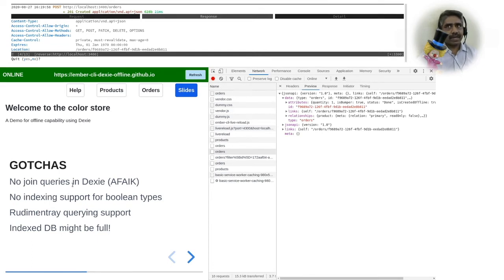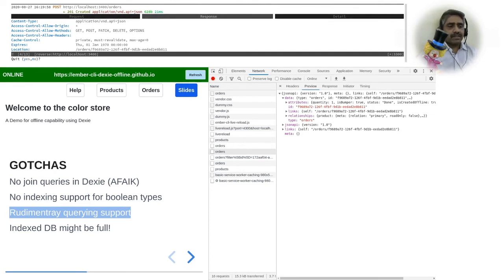And in a lot of cases we might have to enter into n+1 query mechanisms. And IndexedDB does not index Boolean types. So it's a very basic limitation. So we end up serializing and deserializing the response when we have Boolean types. For example, in our case, we don't have a Boolean attribute, but in the development that I did, there was a Boolean attribute for which I had to do the serialization and deserialization. And as I said, there is rudimentary querying support as part of IndexedDB, and because of that, Dexie transitively.